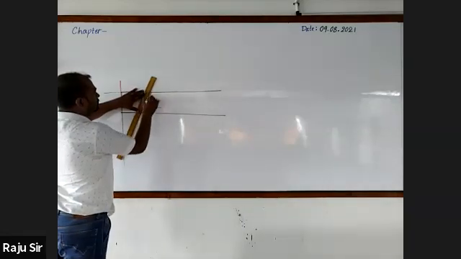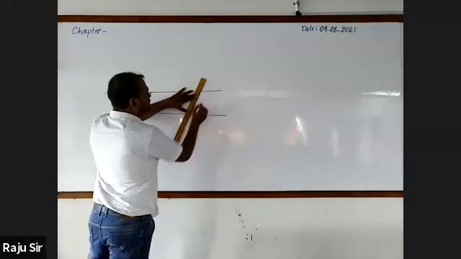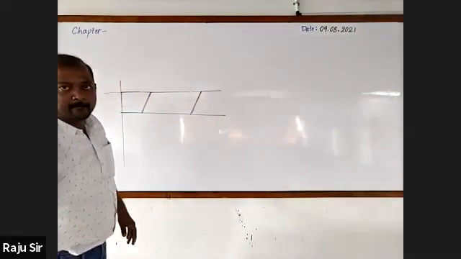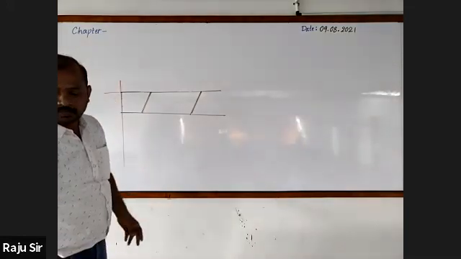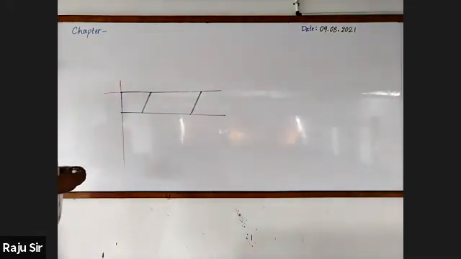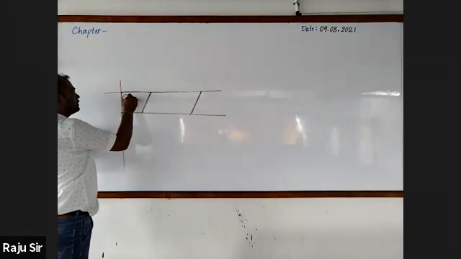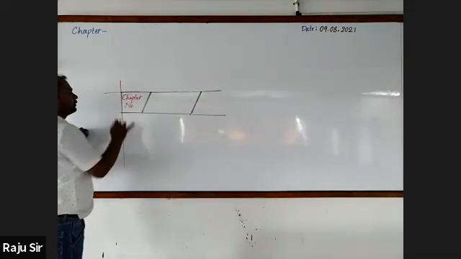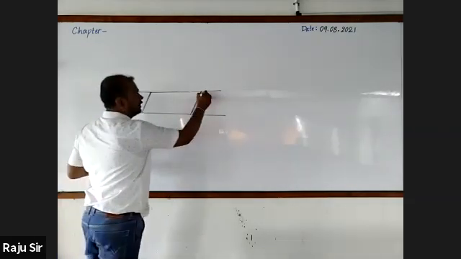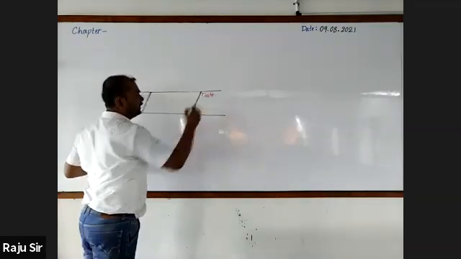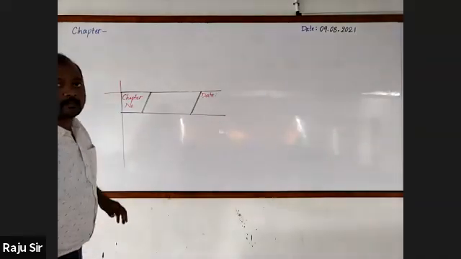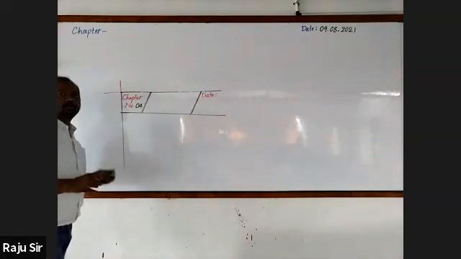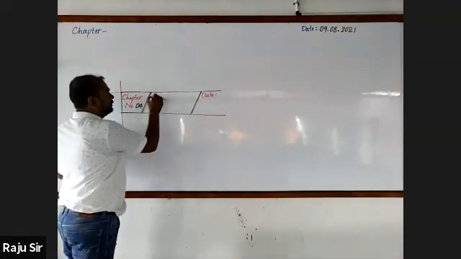Next, make 3 parts. In the first part, write the chapter number here on the right side. Date. Next, chapter number, you all know that? This is 4. And the name of the chapter is